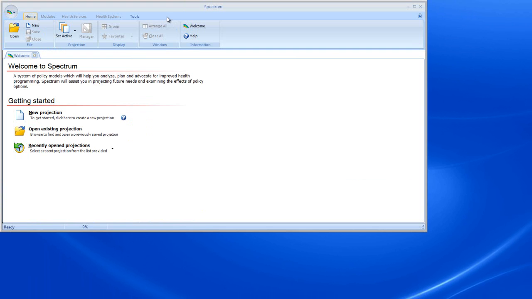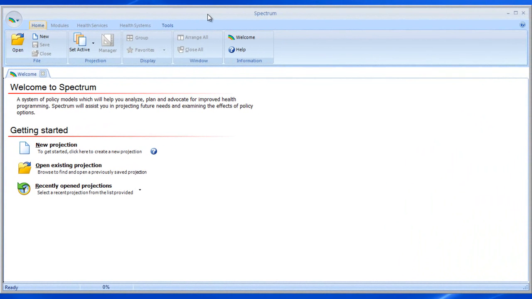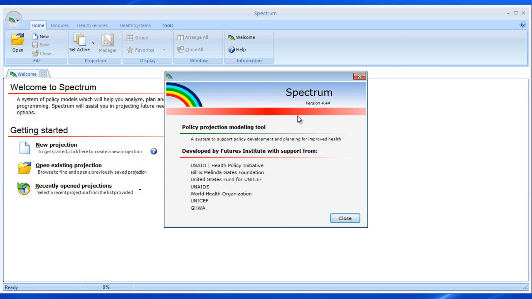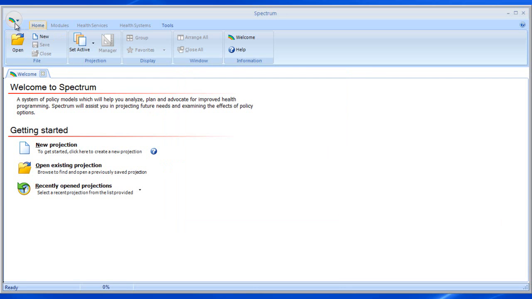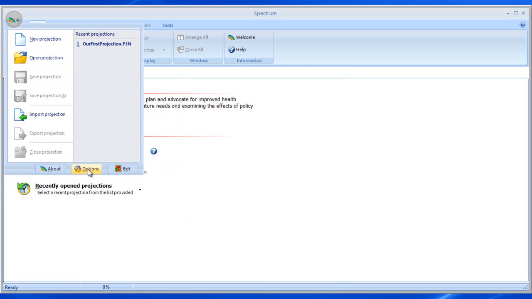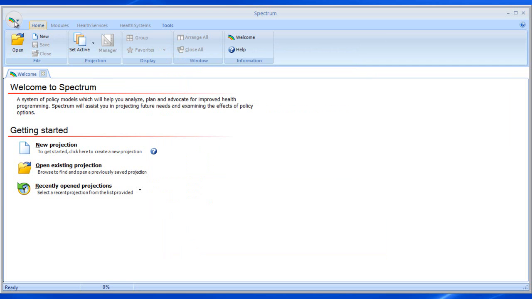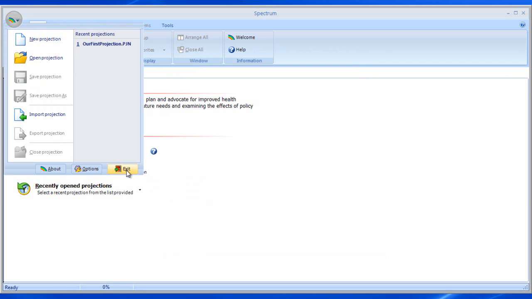And Spectrum is launched. I would like to point out a few basic features of Spectrum that you may want to look at. If you move up to the Application button and select that, you can check the About box to make sure that you do have the latest version installed, 4.44. Good. You will also find under the Application button the Options configuration, where you may want to change to a different language. That might be something you'd like to do immediately. I will keep it on English. And finally, under the Application button, you will find the Exit to close Spectrum,